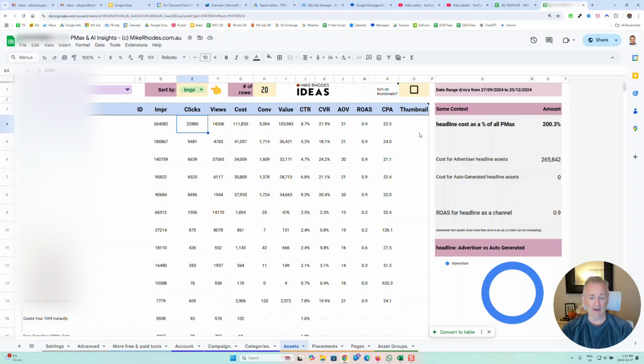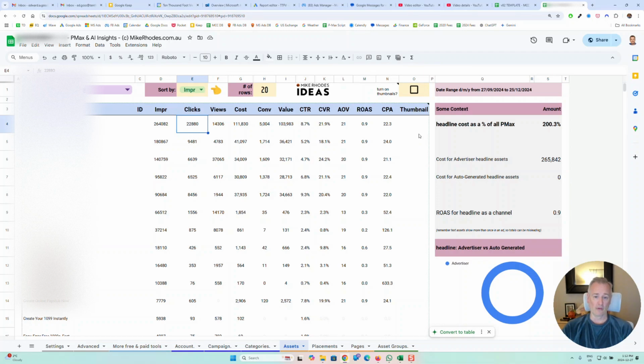So what Mike's been able to provide, this is one of my favorite reports, is a full set of KPIs for each specific asset, including the impressions, the clicks, views, cost, conversions, value, if you're tracking revenue, click-through rate, conversion rate, average order value, again, if you're tracking revenue, the ROAS, which is for this client really important, and the CPA.